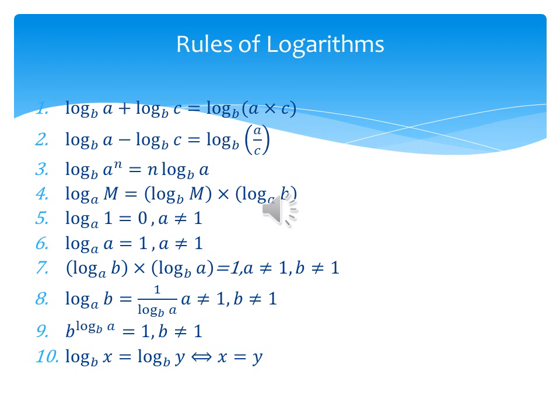B power log a to the base b is a, if b is not equal to 1, and log x and log y to the same base will be equal implies and is implied by x equal to y. This implies and implied by means that if the left hand side is true, it implies the right, and if the right is true, it implies the left. Meaning, if log x is equal to log y to the same base, then x equal to y, and if x is equal to y, then log x will be equal to log y.